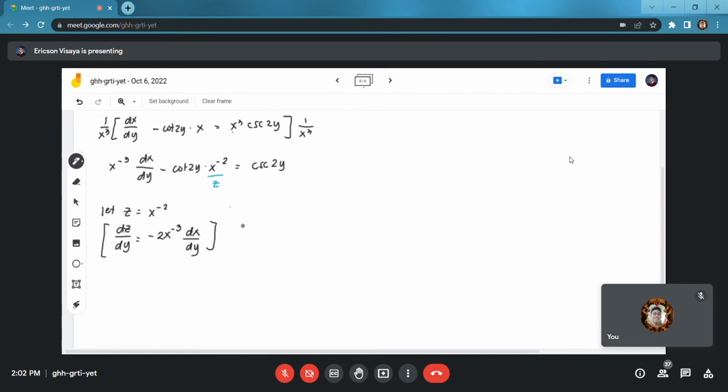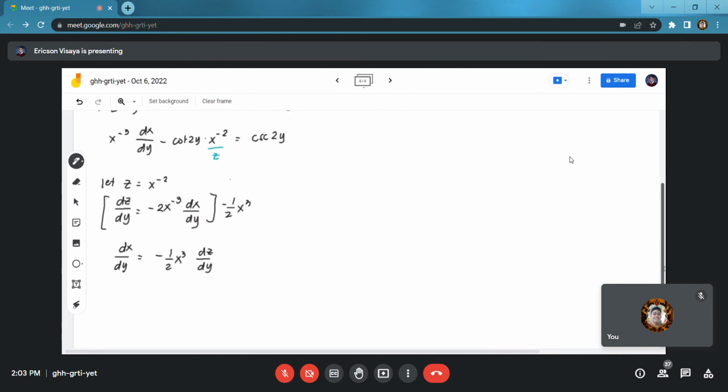Okay, divide both sides natin ng negative 1/2 x cubed. Yan, x cubed kasi x raised na yan. Bali, cancel. So, yung ating dx over dy ngayon ay equal to negative 1/2 x cubed dz over dy. Then, pagkatapos nakuha na natin yung value ng dx over dy, substitute naman natin. So, meron tayong x raised to negative 3 times ang ating dx over dy. Nakuha natin dx over dy is negative 1/2 x cubed dz over dy